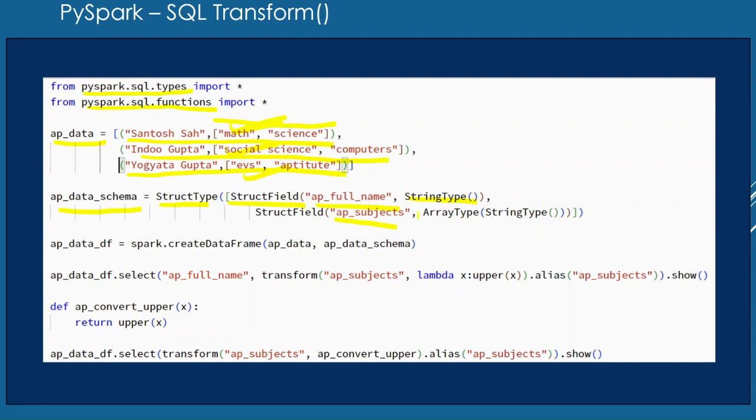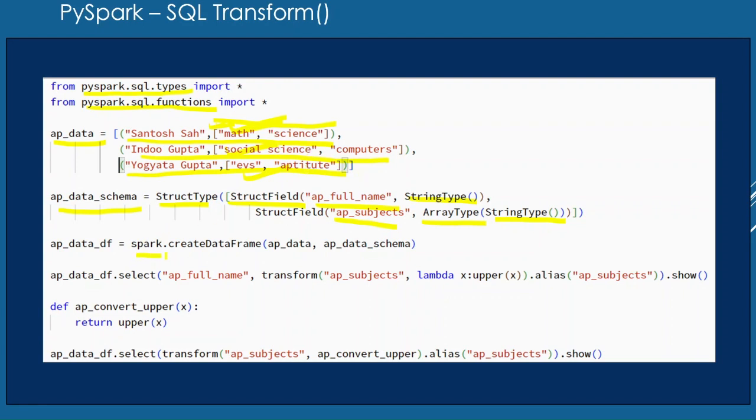AP subject is of array type, and the data present in the array is of string type. See, math, science, social science, computers, EVS and aptitude, these are of string type.